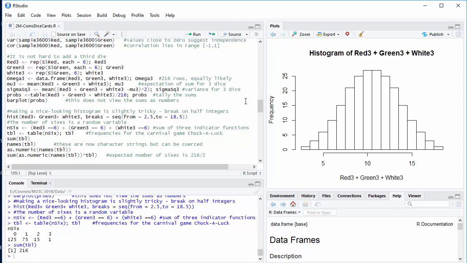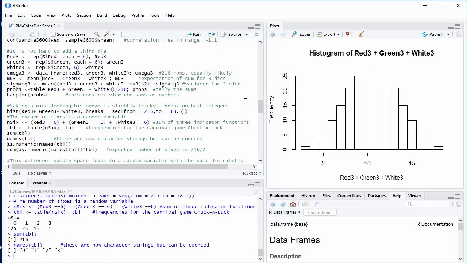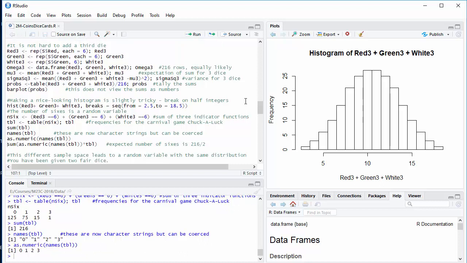Let me look at the names in this table. The names are the character strings 0, 1, 2, and 3. And when you want to change the type of a variable in R, you use a function that starts with as dot. So if I say as dot numeric of these names, now I get a vector with the numbers 1, 2,